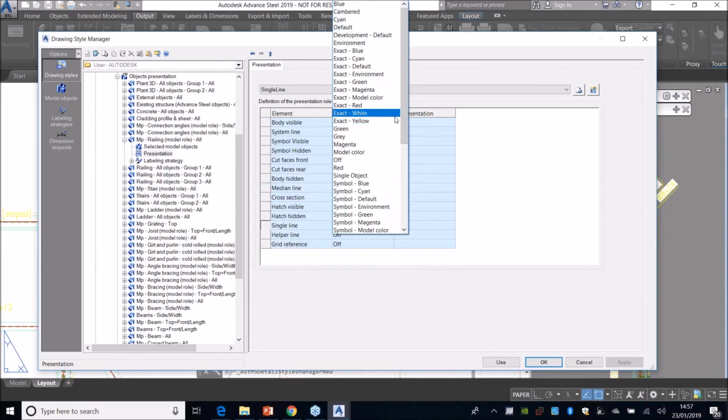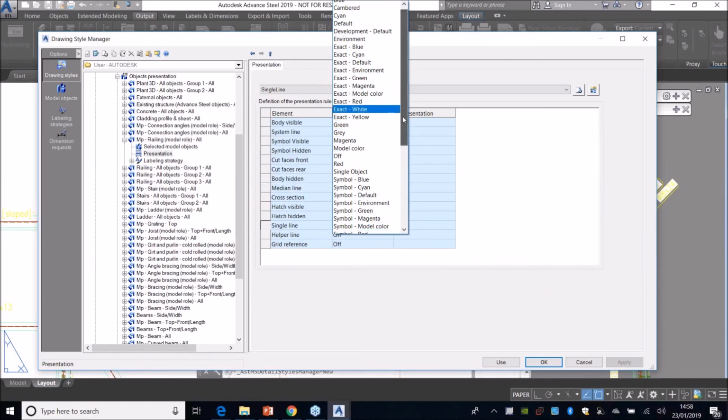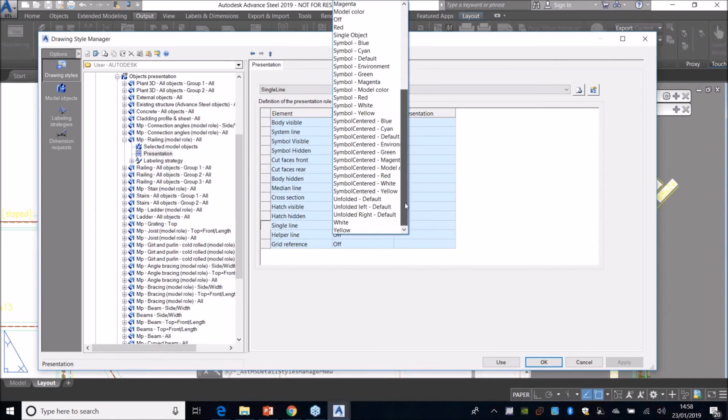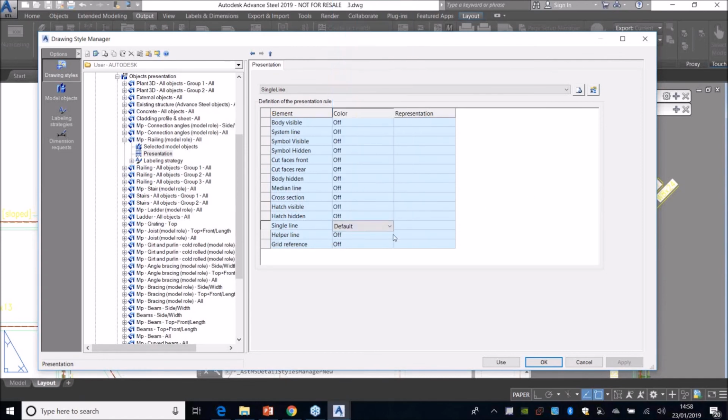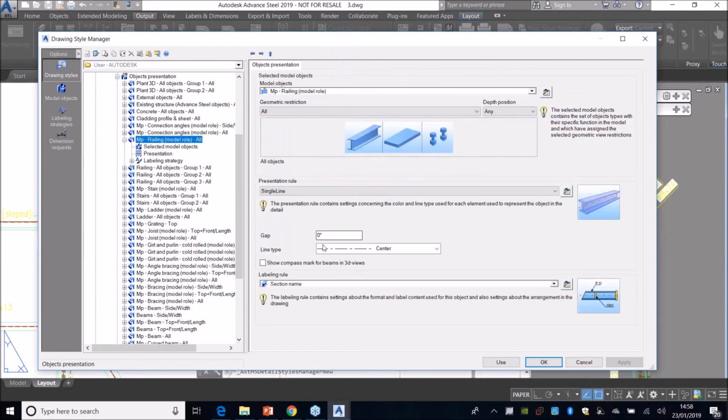So you can control the color, and you can choose the model color as well. Here you can turn it off. A couple different variables that you can do there, okay? But that's just the color. In terms of presentation, here, if you did not want to choose this specific line type,